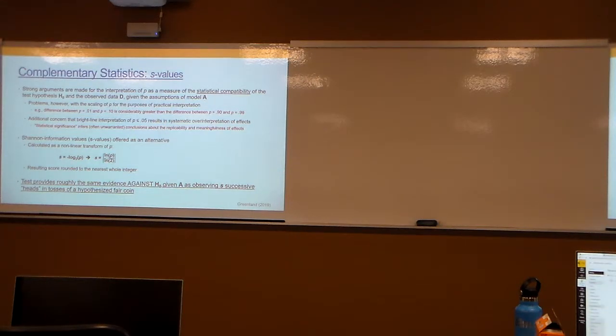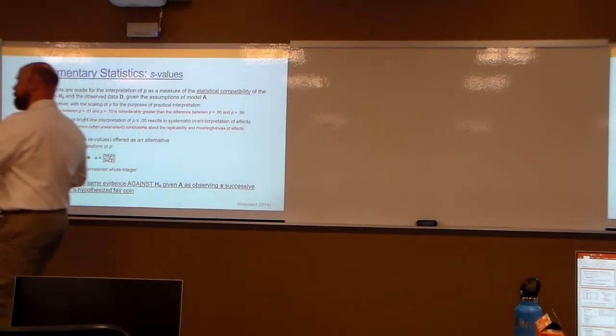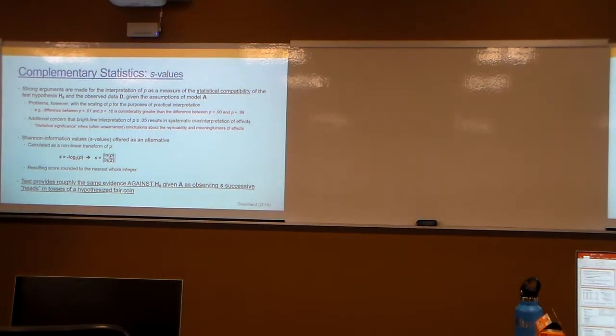And so what we interpret this S value, so it's basically a transform of your p-value, it changes the scaling issue, right? Based on the S value, we would say the test provides roughly the same evidence against the null, given our model, as observing S successive heads in the tosses of a fair coin. So if I have, just for example,